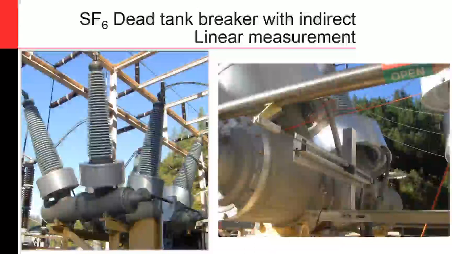Looking over at an SF6 dead tank circuit breaker, you'll see here that it's an indirect linear measurement. So now we have this gang-operated three-phase breaker, one break per phase. And now, if you look on the right, you'll see there's a little clevis that is actually attached to the main shaft that drives all three interrupters. And then from there, you have this little fork attachment, and you connect to that transducer, and that transducer runs